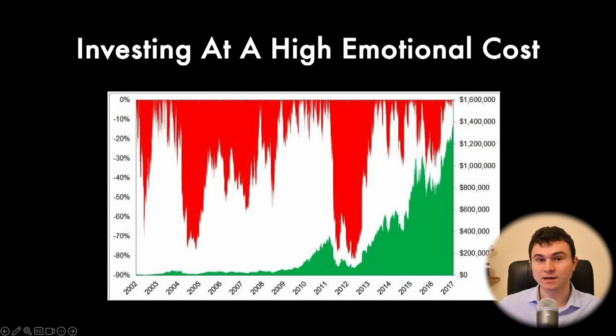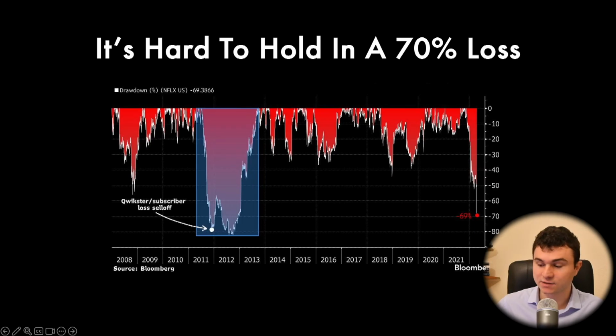Imagine losing 90% of your investment in 1 year. That's almost unbelievable, but it happened in the past and it will happen in the future. And these sell-offs sometimes happen because of the emotions of the stock market, the typical cycle, bull market, bear market, market sentiment, etc. But sometimes it happens because of a fundamental change in the business.